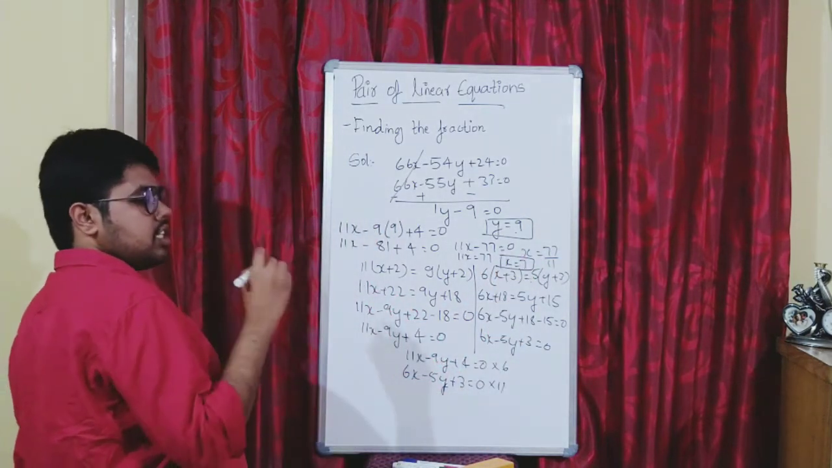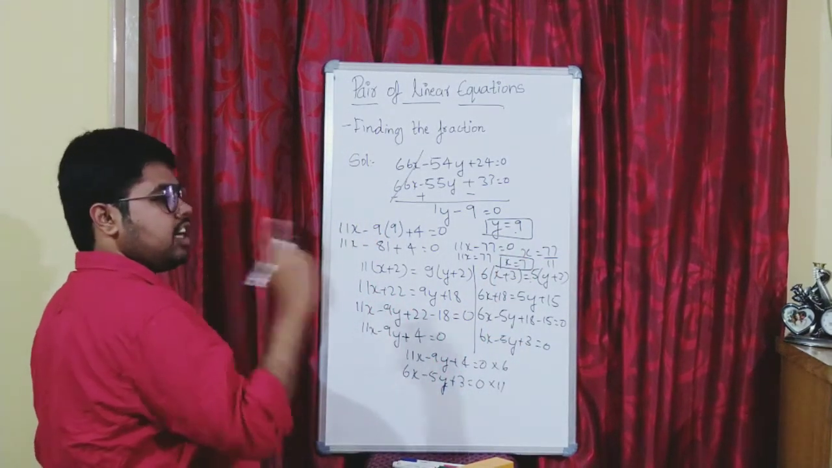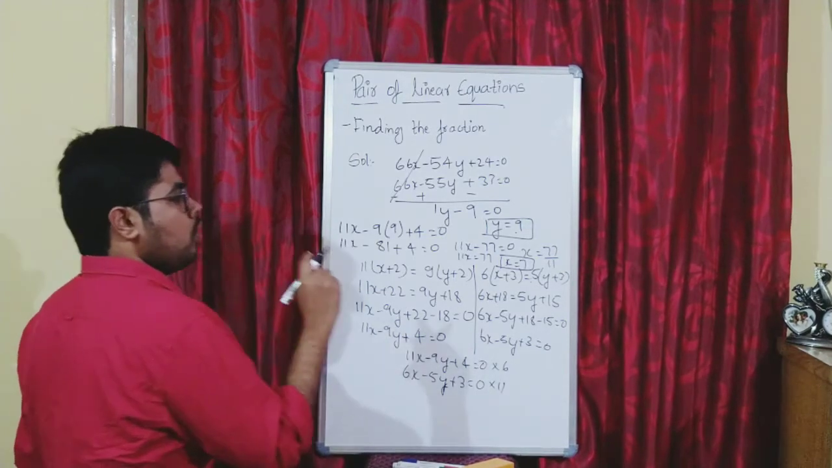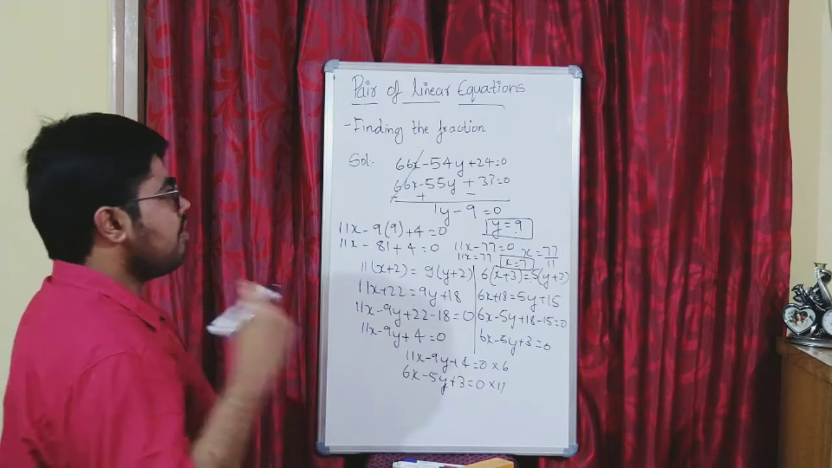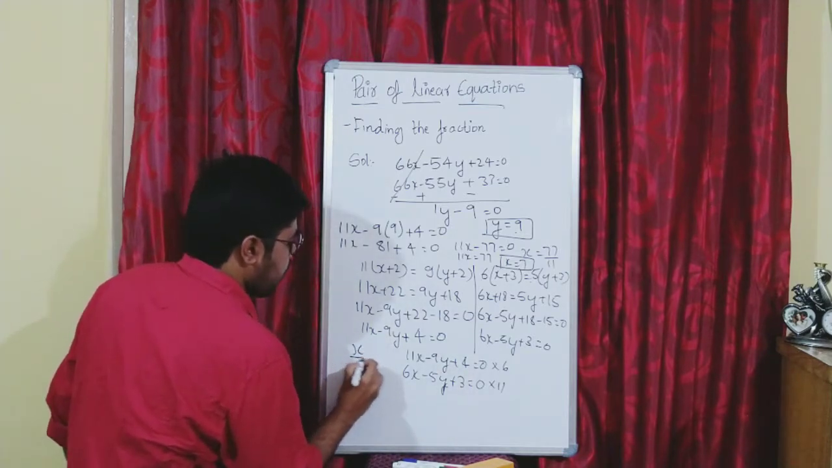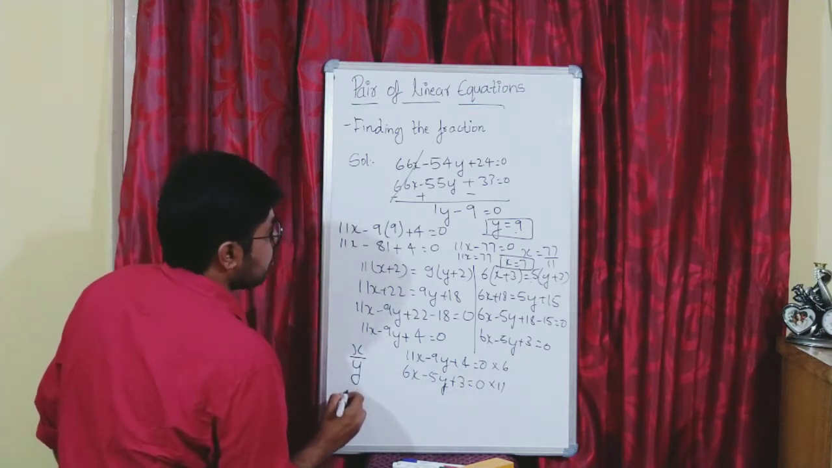So is this your final answer? No. You need to find the fraction. Remember, students, you will not stop here itself. What you should do is just quickly write the fraction. What is the fraction we assumed? X by y was the fraction. Therefore, the fraction is,